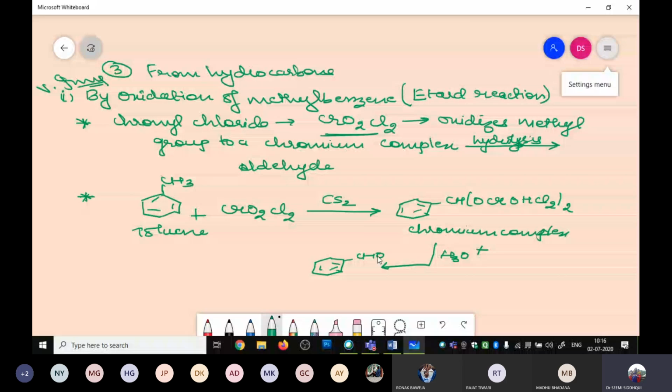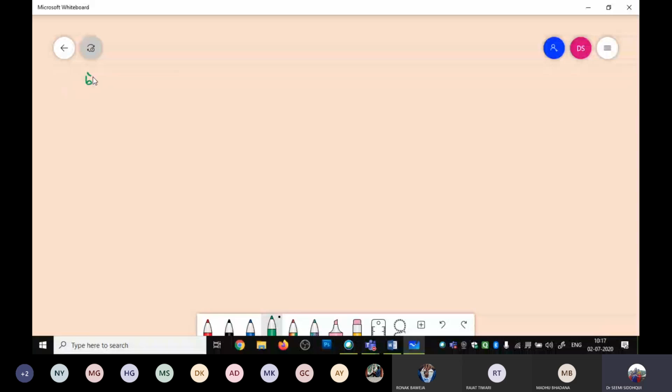Therefore, when it has been oxidized in the presence of the chromyl chloride and further on hydrolysis, the aldehyde it gave us was what, that there was only one carbon atom on the benzene ring. Suppose here, sorry, if on the benzene ring there was CH2CH3, then in the case of the aldehyde formed it would be two carbon atoms on the benzene ring. Is it clear to you? Now in this particular reaction, you have to remember that when you are oxidizing the methyl benzene, that particular reaction is called the Etard reaction. And again I am repeating, mark it as a very important reaction because it has been asked so many times in the examinations.